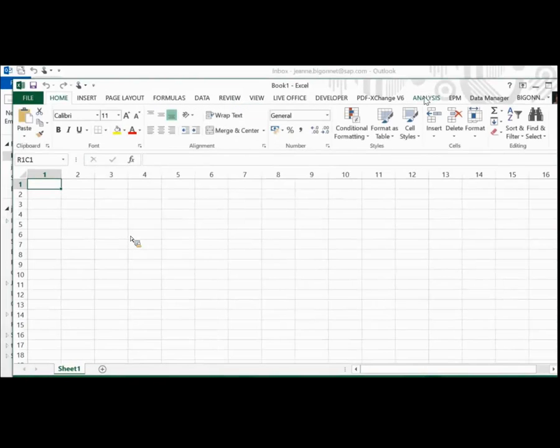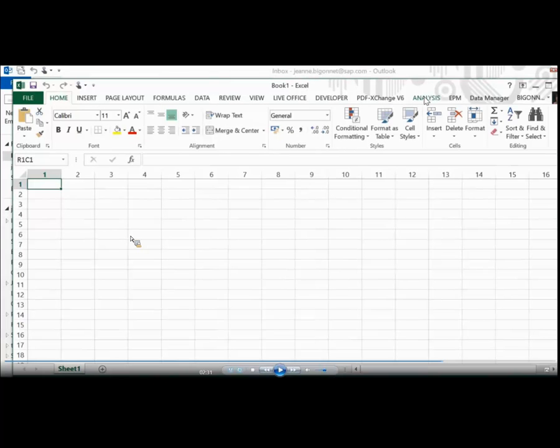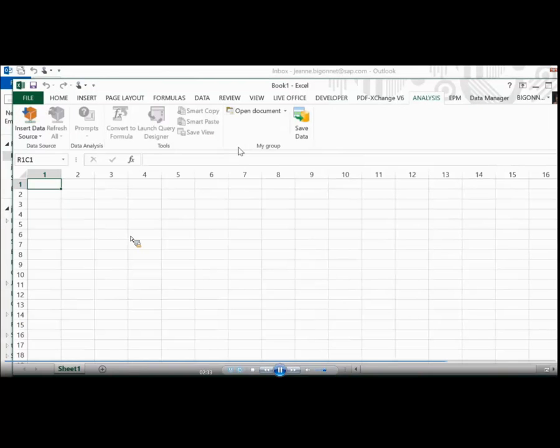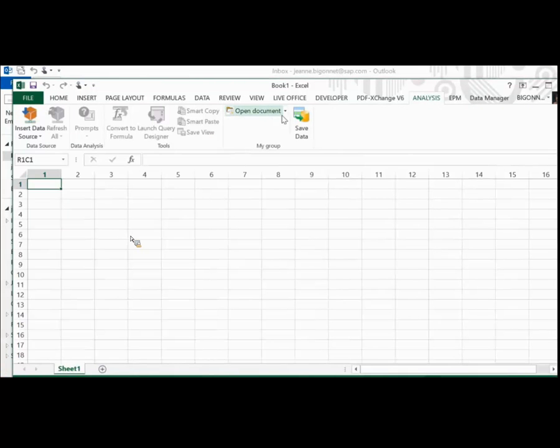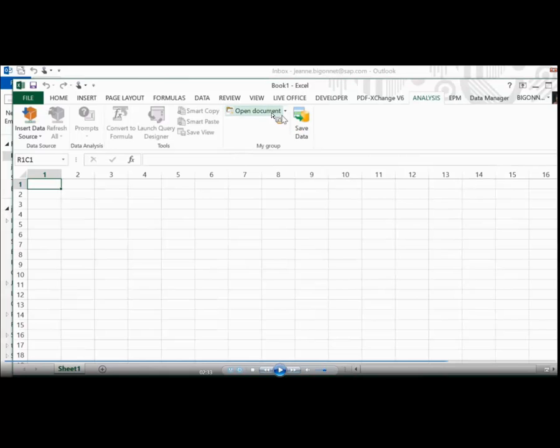So what does it mean? It means that now to see the result, I have to close my Excel and reopen it. So I will do so. And here you see the results. I have reopened Excel, and here you retrieve my group. I have created this group with this separator here. And I have my split button here, Open Document,